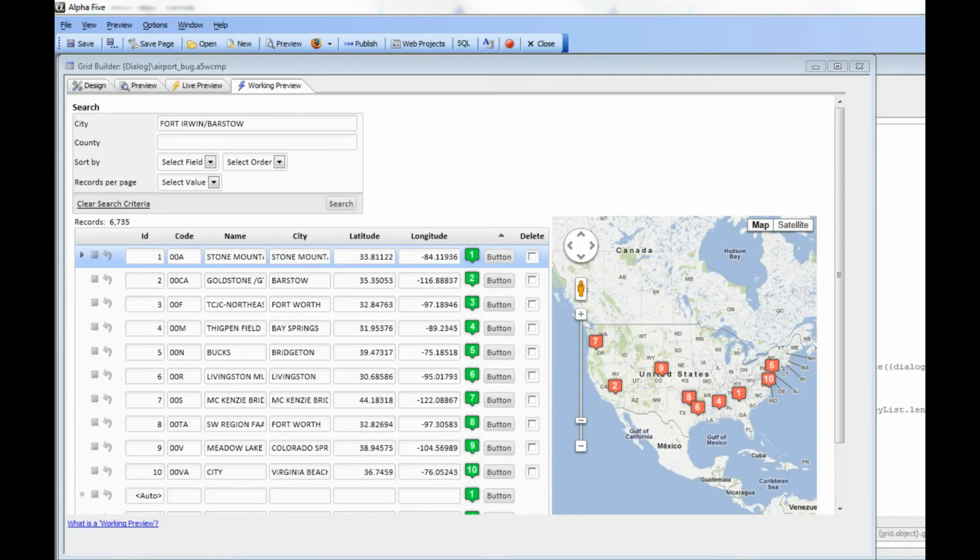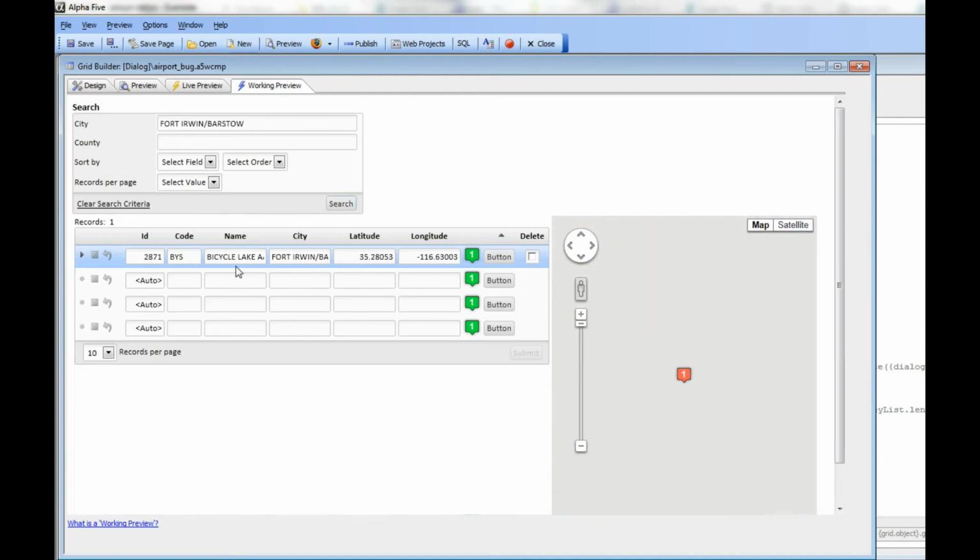In this video we discuss the issue of automatically scaling the map after the user has performed a query. So you can see here we have a map component and it's based on the airport's sample database, and I'm now going to go and do a query that's going to only return one record. So I'm going to go there and do search, and Alpha 5 performs the search